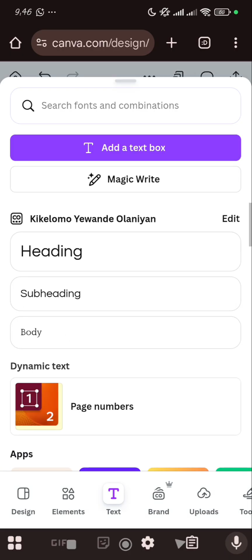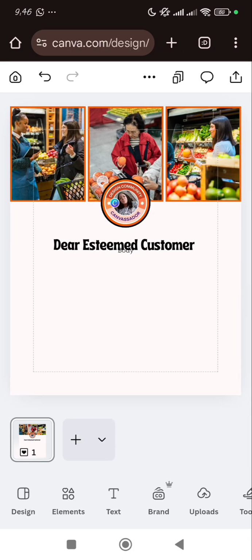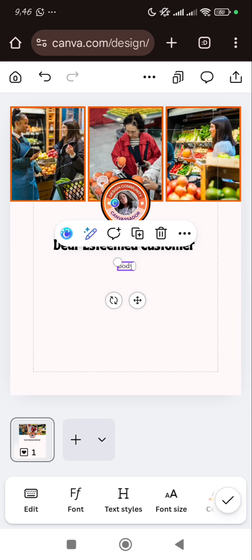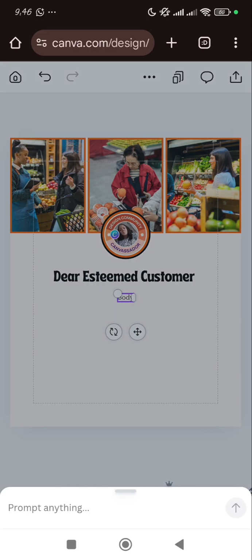Go to body text. Okay, click out and bring your body text. Click on it and bring it down. Then click on Magic Write. I don't want so. Please